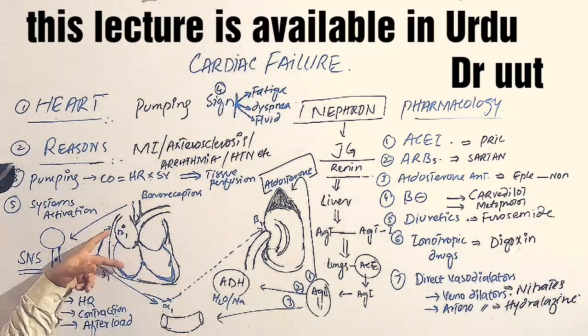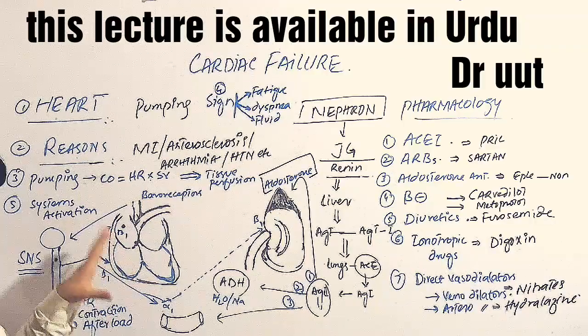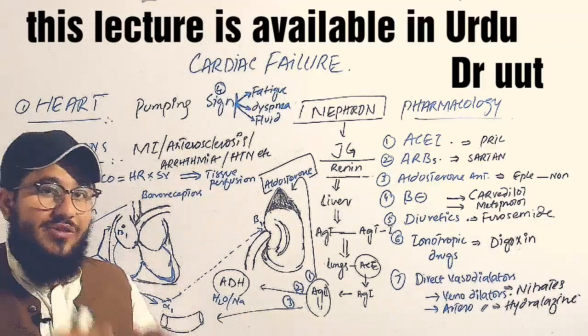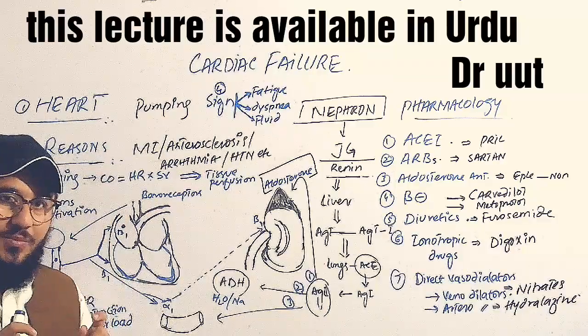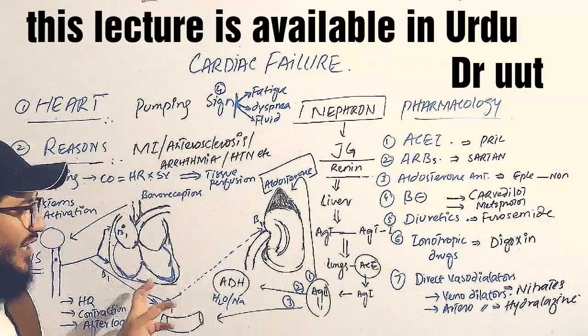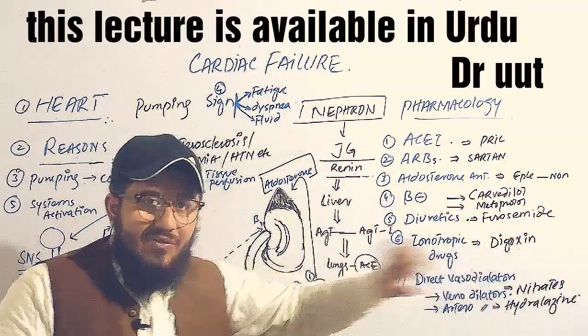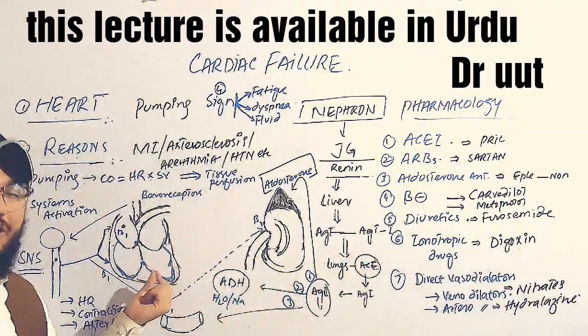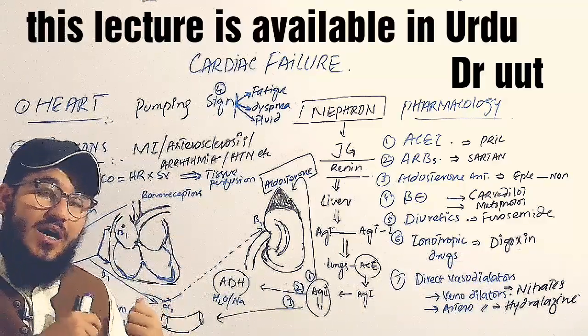So by means of beta blockers, we are decreasing the heart rate and decreasing the contraction. Like this, you can say we are decreasing the stress on the heart. In a sense, we also need a little bit of contraction. For that, we will go for the inotropic drugs. These drugs, like digoxin, will help us in doing the proper contraction. Digoxin increases the strength of the heart, not the heart rate.